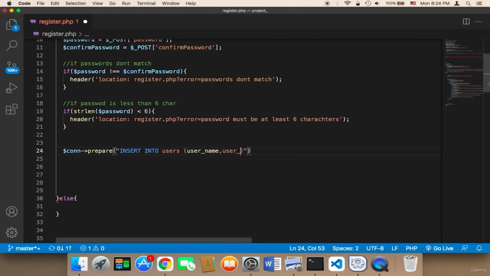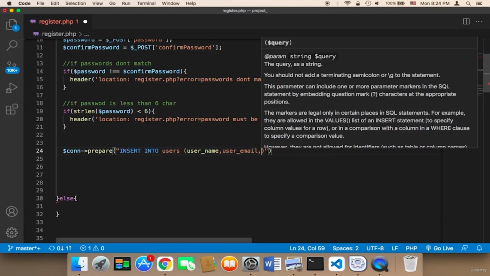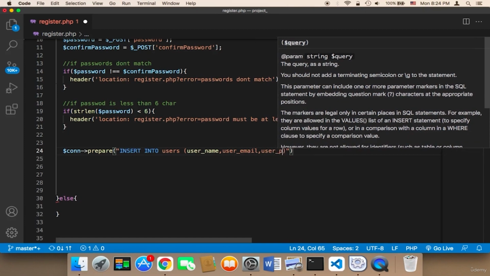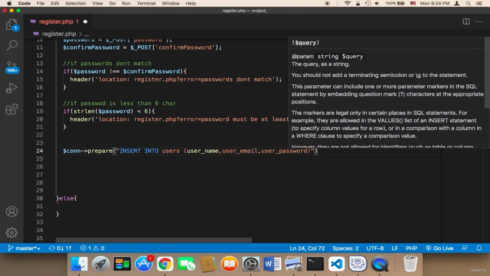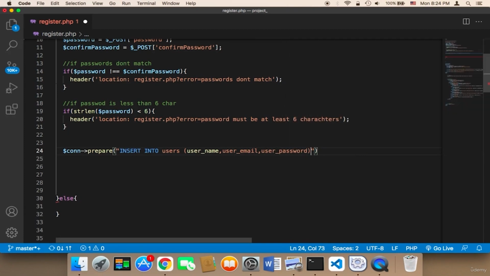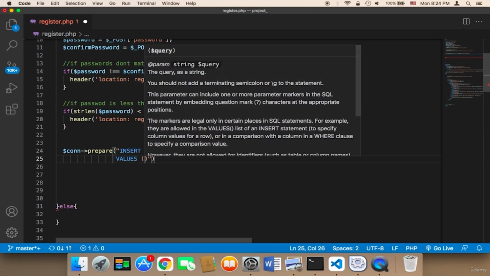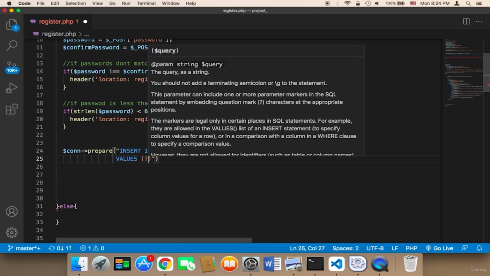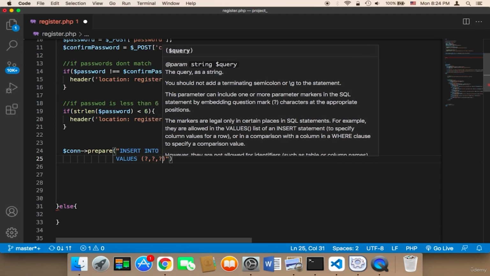The third is user underscore password. And here we need to say values. What are the values? The values are question marks